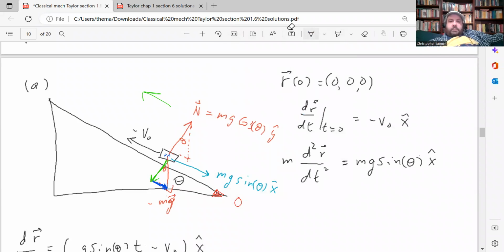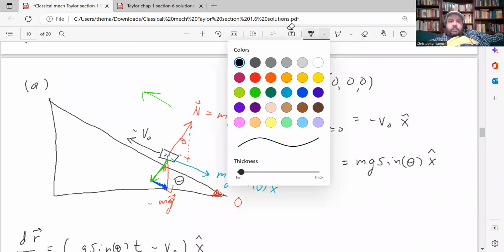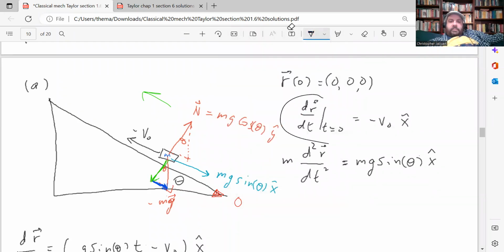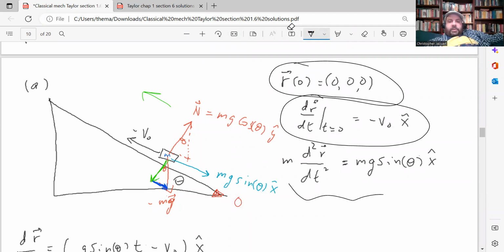So here, this is the initial velocity. This is the initial position, and then we can write down Newton's second law just using all the information that they gave us. So ma equals F. So this is F here. This is the acceleration due to gravity